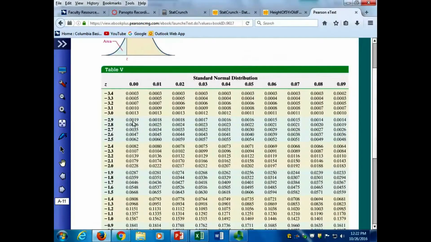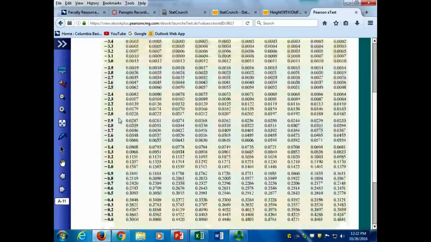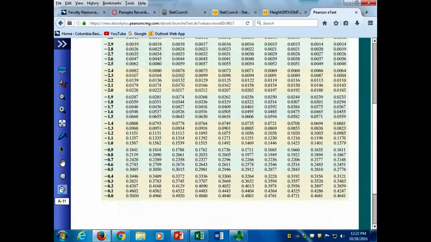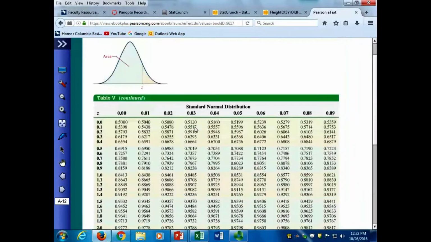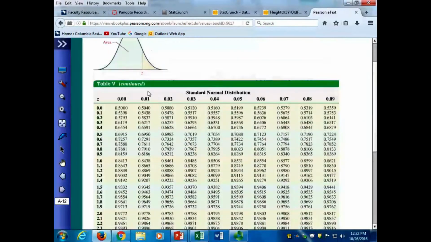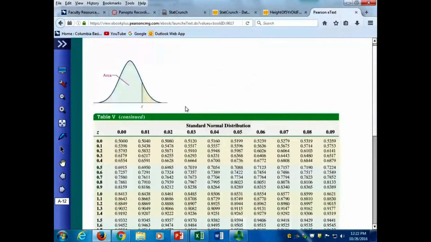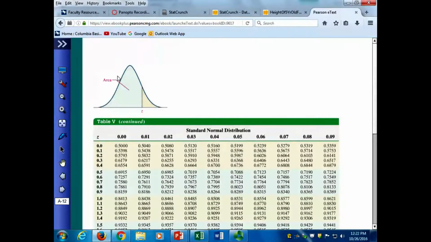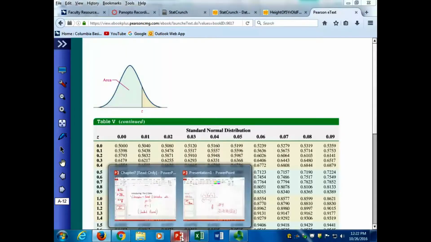And there's 2 sides to the table because you can have negative Z-scores and you can also have positive Z-scores, right? So the other side of the table is positive Z-scores. Now notice it always measures the area below. So it's always measuring the area below that Z-score on the normal distribution. So let me show you how it works. I'll do a couple examples here.